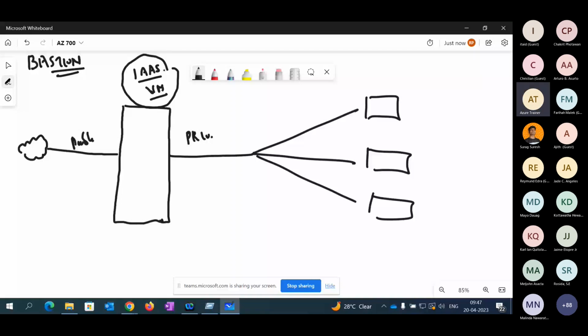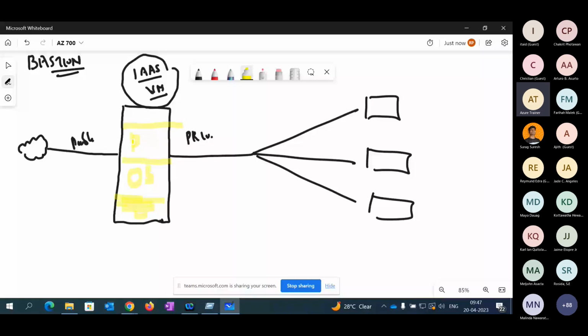Now, the customer is saying, no, I'm not interested in configuring IaaS, or I'm not interested in configuring a VM. Because in this jump server scenario, we are responsible for configuring this VM. On top of that, you are installing your operating system, and you are assigning a public IP address, and with the help of that, the communication is established. Now the customer is saying, no, I'm not interested in managing an IaaS component.